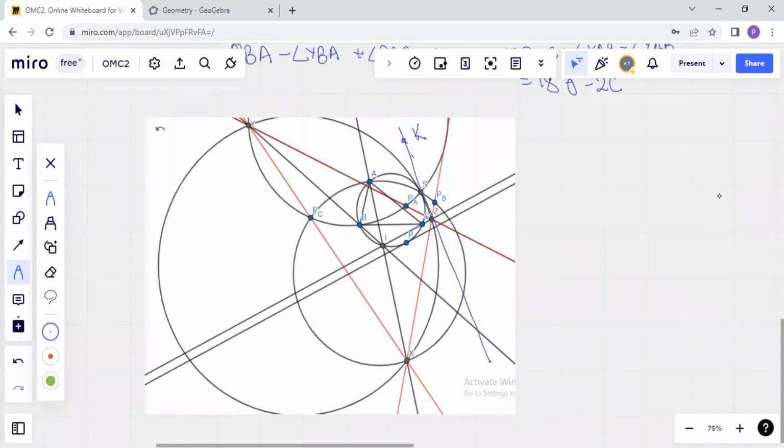Just because this line is tangent to the circumcircle of XYZ, we have that angle KSY is equal to angle YXS. And what is YXS? Angles with X are actually good in this circle, the circle XPCAPB, and that's how we can eliminate X. So just try to write this angle as